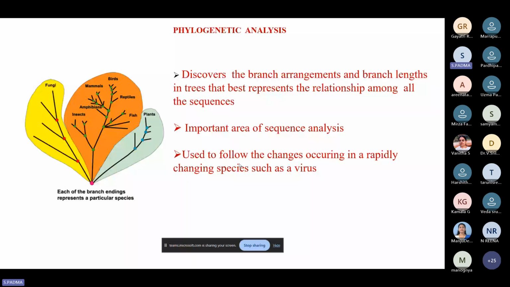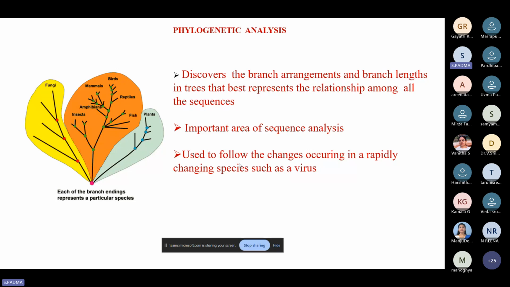Analysis means if you are taking a sample, a protein for instance, or a gene for instance, there are several genes which have been conserved throughout evolution, and when these genes are conserved throughout evolution, we would be interested to see what could be the relationship